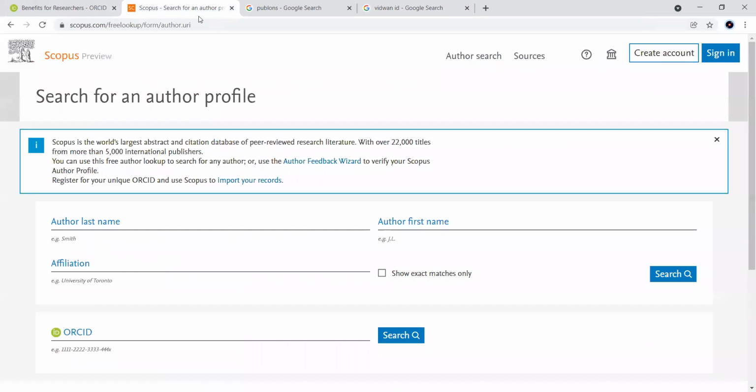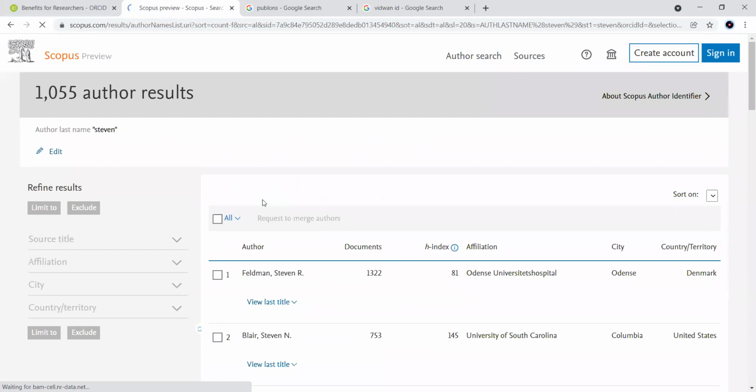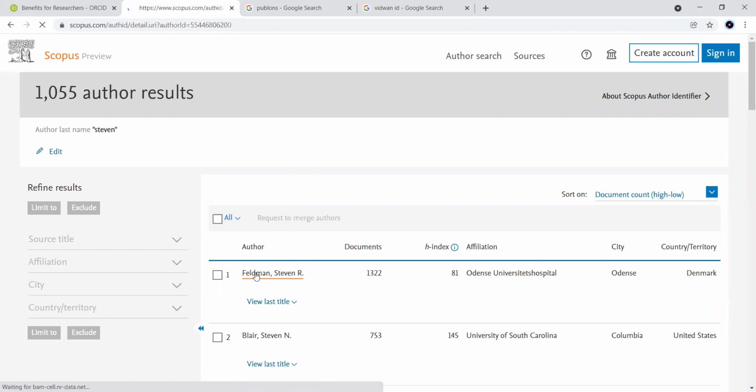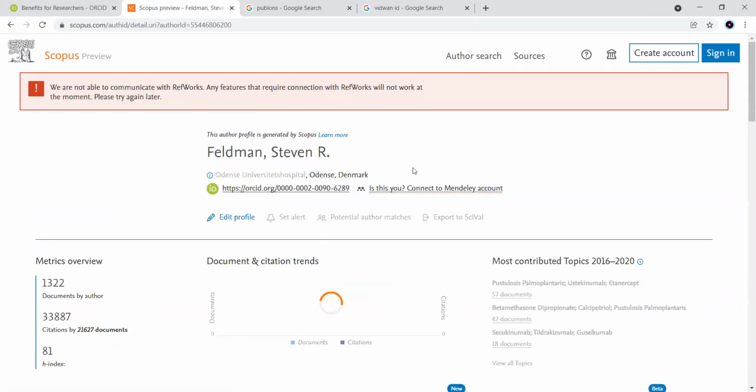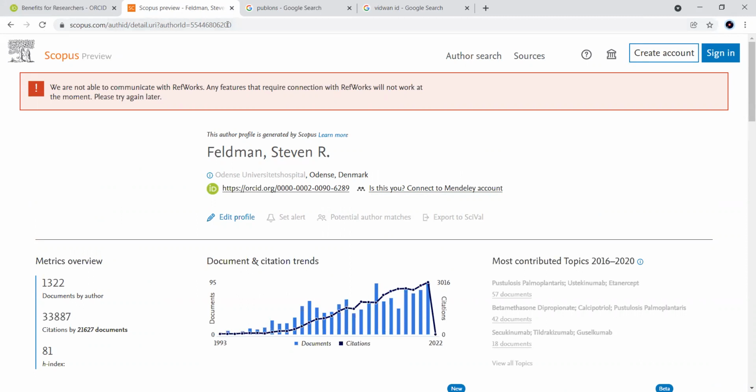Similarly, if you go to Scopus and type some name here, like Steven, and search for it, I get so many names here. For example, let me take the very first name here. When you look at this one, the numbers available here introduce us to the so-called author ID.